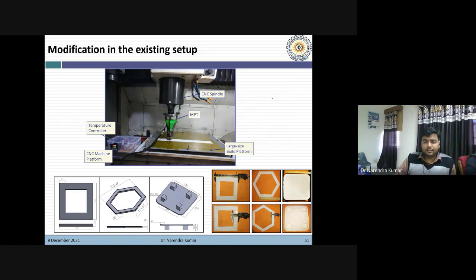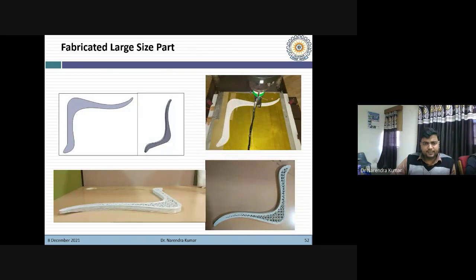Because obviously when we make a layer with a large area, the heat transfer rate will be different, and warpage will be more in the second case. We faced these kinds of challenges, and then we tried to print some of the parts. You can see the warpage here. Initially the first layer was at the build platform, but with respect to time it warped like this, so warpage was there like this.